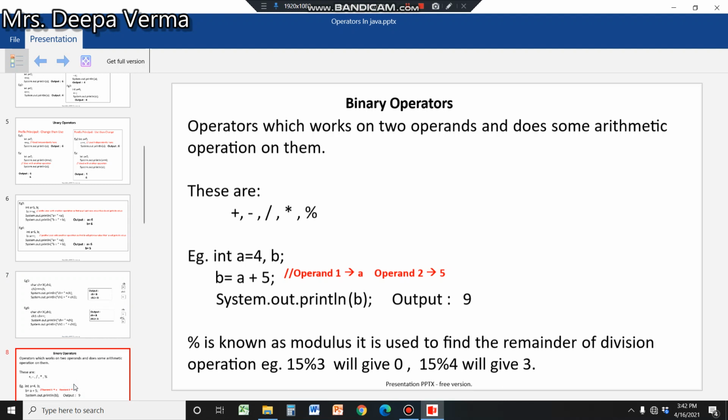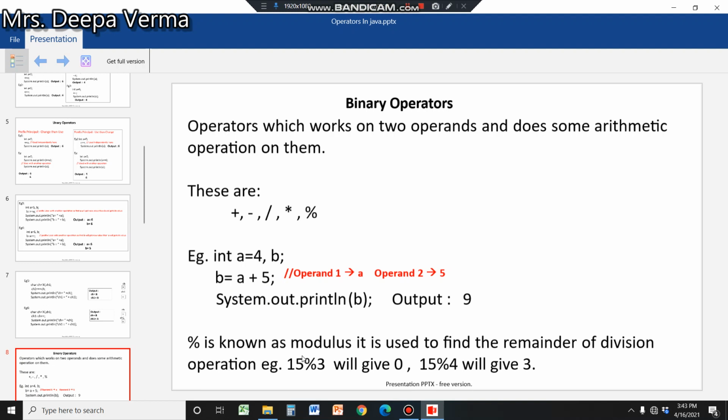Next example is the binary operator. Binary means when we use two operands, it is a binary operator. Binary operators you have studied in class 7 also in QBasic. Plus, minus, multiply, divide are all examples of binary operators because they use two operands. Operand, here you can see a plus 5. A is one operand and 5 is another operand. So what is an operator and what is an operand is important to learn.